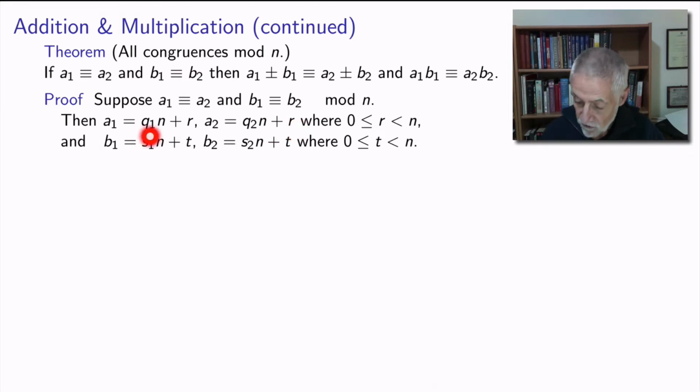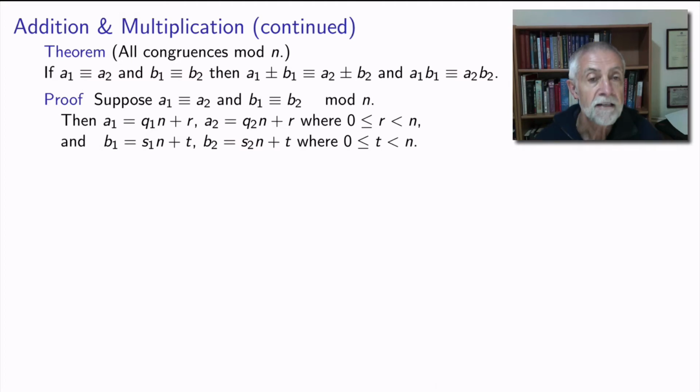The multiples q1 and q2 are not necessarily the same, but the n is the same and the r is the same. And similarly, b1 will be some multiple of n plus t, and b2 will be some other multiple of n plus t,